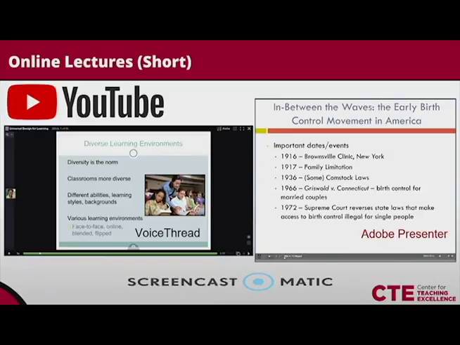You can also look at creating online lectures. And one key thing is to have these lectures be short. You don't want to just record your 60-minute or hour-15-minute lecture and post that online for students to see. You're going to want to make these short, so 5 to 10 minutes based on topics, and then you can post those links into Blackboard. A great thing is that you can upload your videos to YouTube as unlisted and post that link into Blackboard. One good thing about YouTube is that your videos can be automatically captioned for accessibility. And if the captions aren't 100% accurate, then you can go in and make changes to those captions.